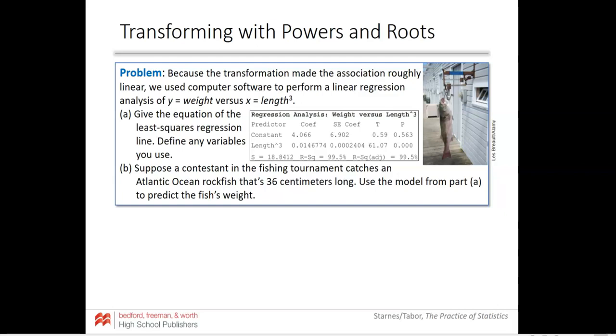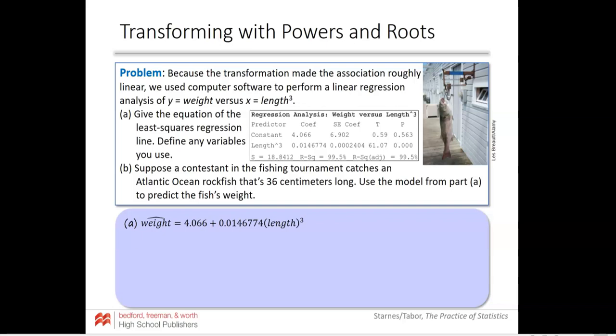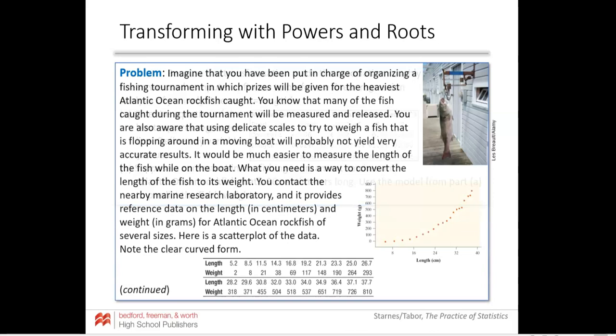And see, because of this transformation, we can form a linear regression. Okay, so they did the linear regression, so you have the data there. So what you would then do is go, okay, identify the equation. So the equation would be, if you look back at the figure, you can see that weight is the y variable there, and length is the x variable, or maybe I should say length is the explanatory